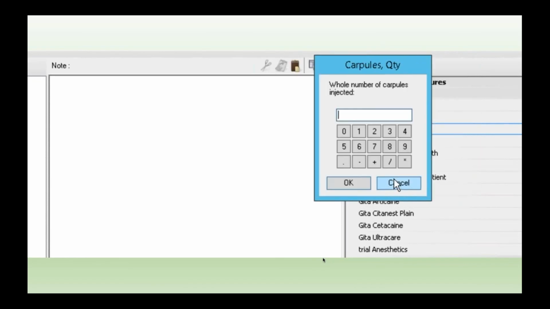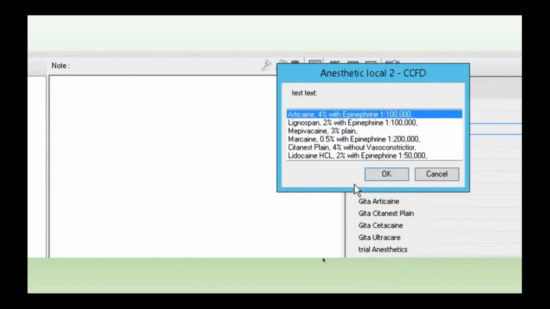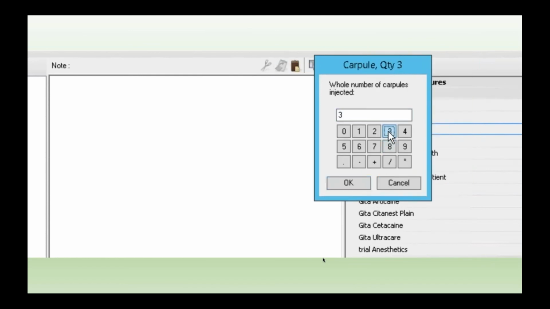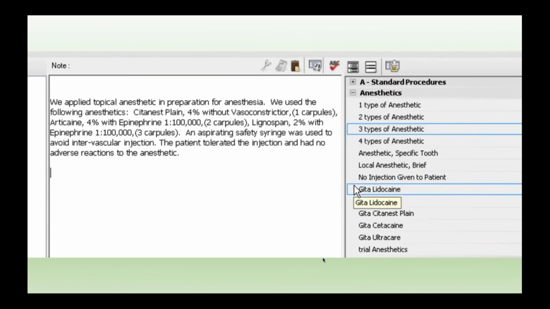Now, how many did I use? Articaine's on the top. And now I push use. I use 2. And then now, because it's the same list in a different order, and how many did I use? Paragraph that's very comprehensive that shows that I don't have to write about the topical anesthetic and I don't have